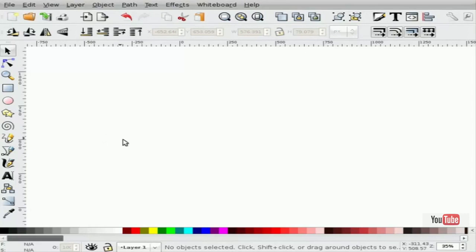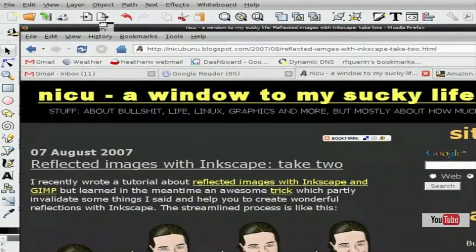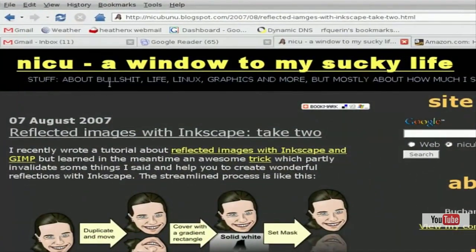I found this nice trick at Niku's blog, one of his posts. I'll show you here. On the 7th of August, he posted about